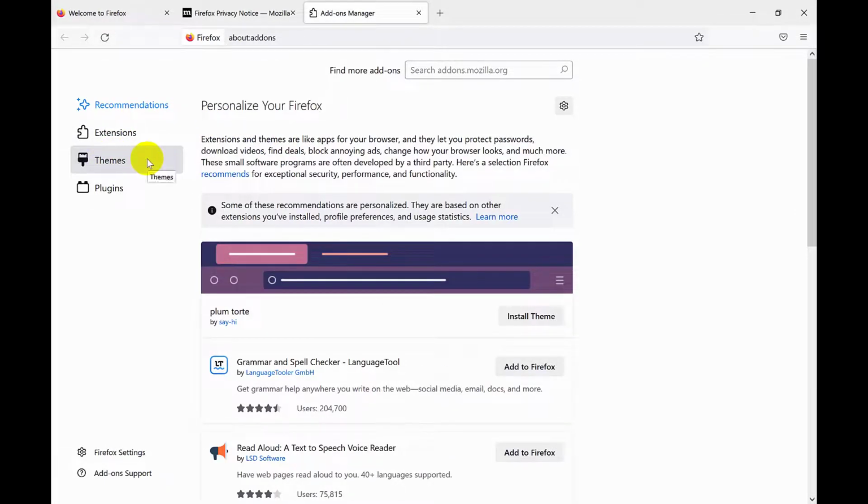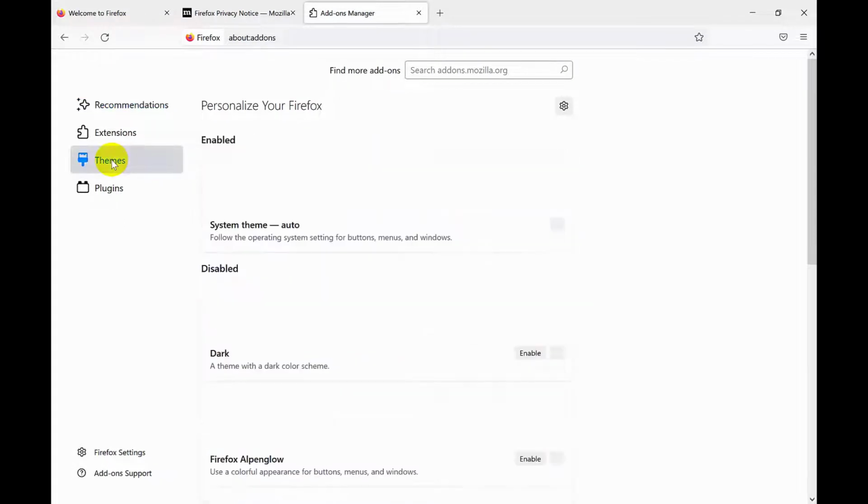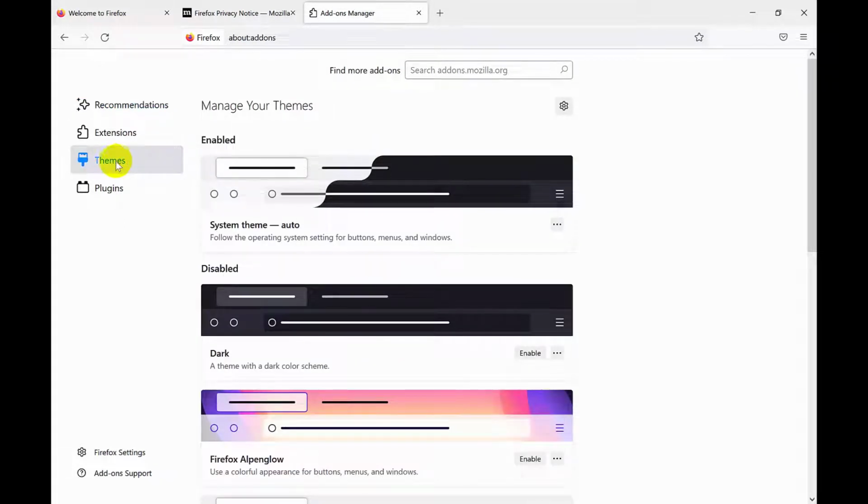From here on your left, click on this theme and then you can see